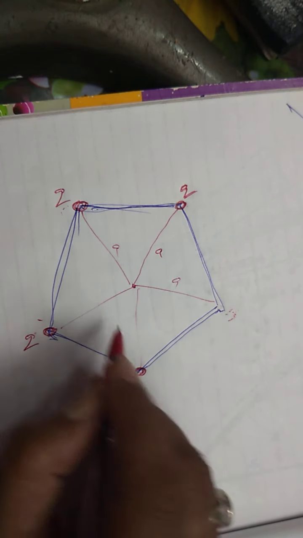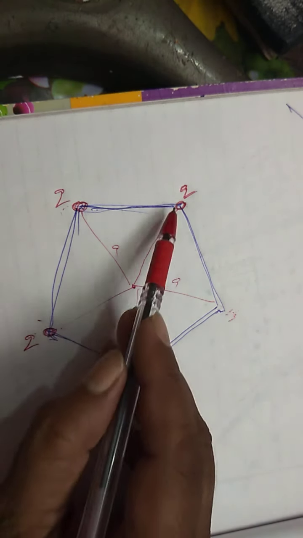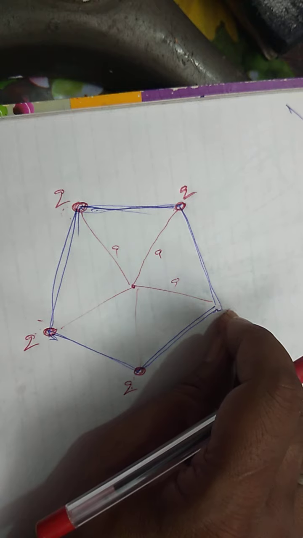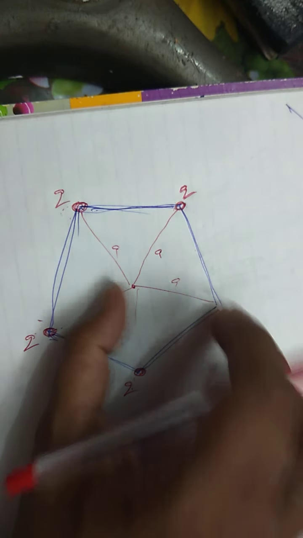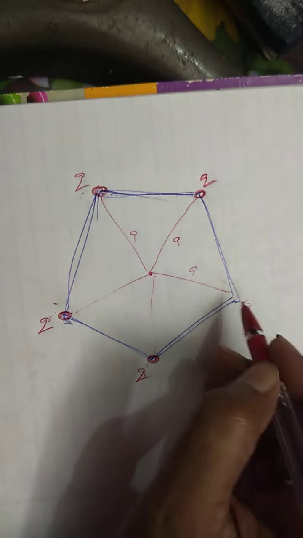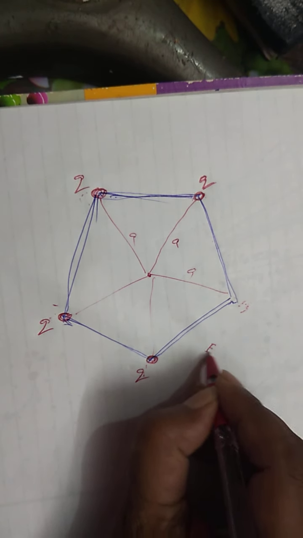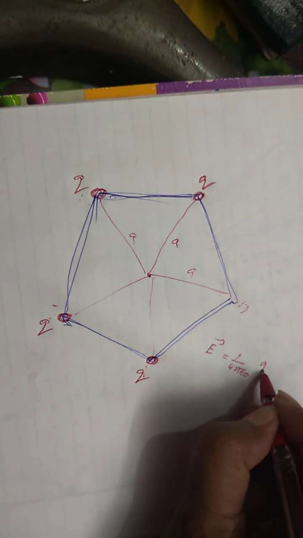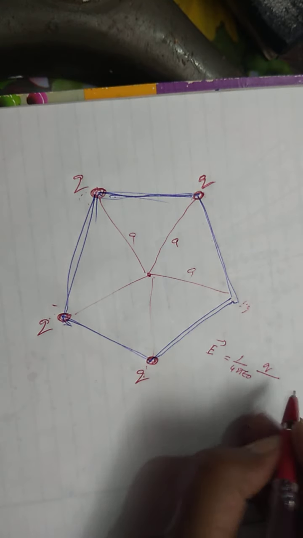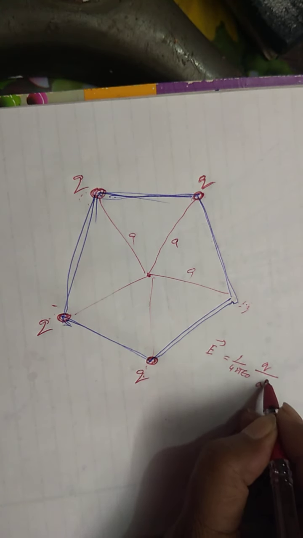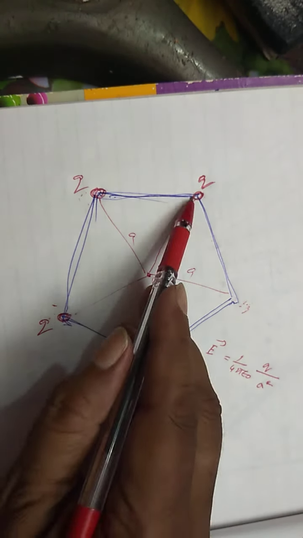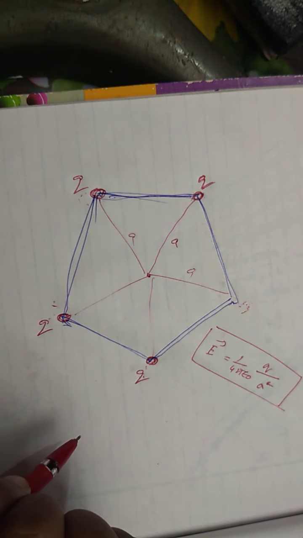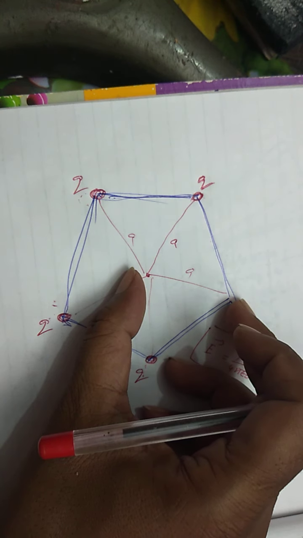So now my question is very easy. So instead of finding the effect of 4 charges, I will find the effect of a single charge here. And what will be the effect of this single charge? The effect of this single charge, that is the field which I require to find out, this field is going to be E = 1/(4πε₀) · q/a², since the side is a. A is given. So the 4 charges will have this effect, which is equal to the effect of the single fifth charge.